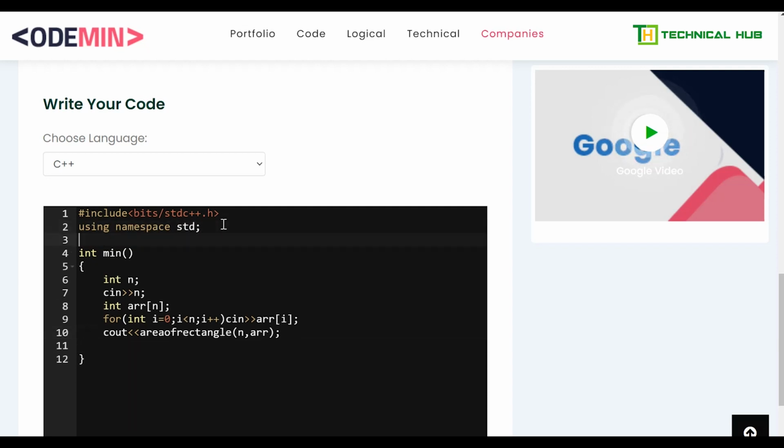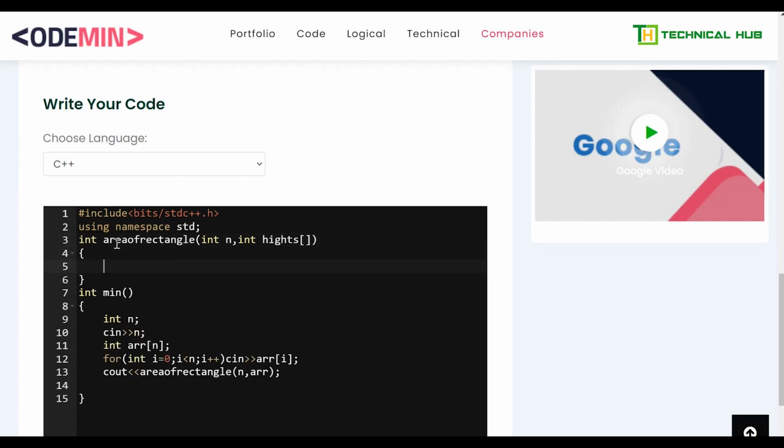Now let me build the function, and the function should return an integer for me: int area of rectangle, int n comma int heights. I'm taking the heights as an input, right? I hope till now this is clear. The first step, I have taken all the inputs and now I am creating a function called area of rectangle. Now this function will compute the answer for me and return it back.